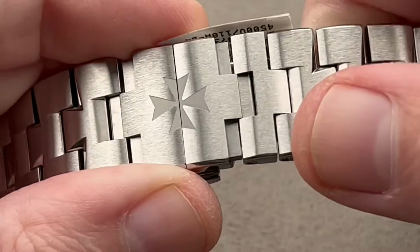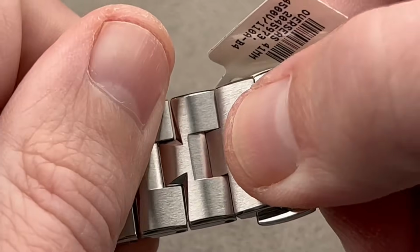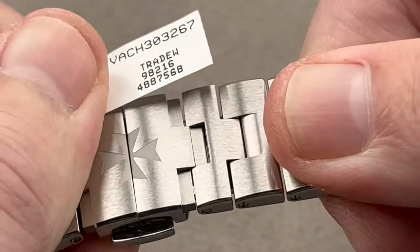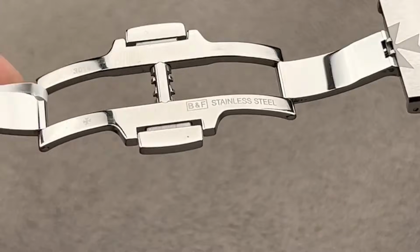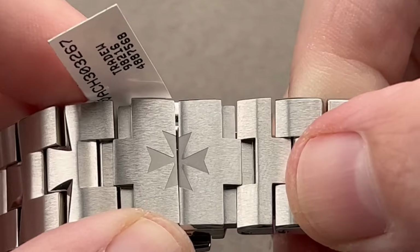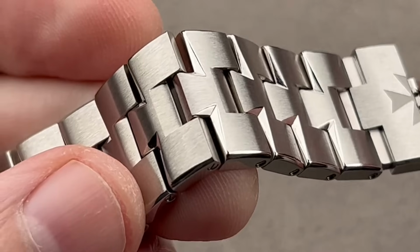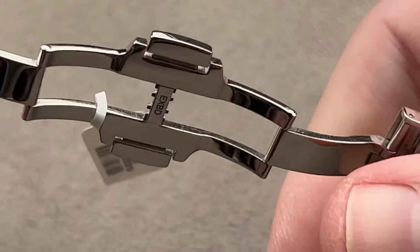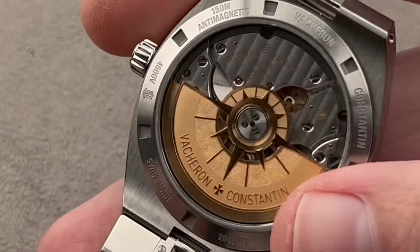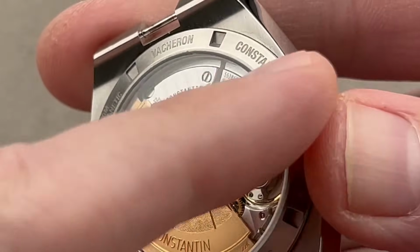You have a sleeved micro adjustment on each side of the clasp. Each side gives you 1.5 millimeters of tool-free adjustment, just like that. Twin trigger clasp, a Maltese cross that comes together and forms the Vacheron logo, and all of it intricately and beautifully finished, including the interior crevices of the individual links. Lots to love here. The watch has 150 meters of water resistance, and it's anti-magnetic thanks to a paramagnetic ring